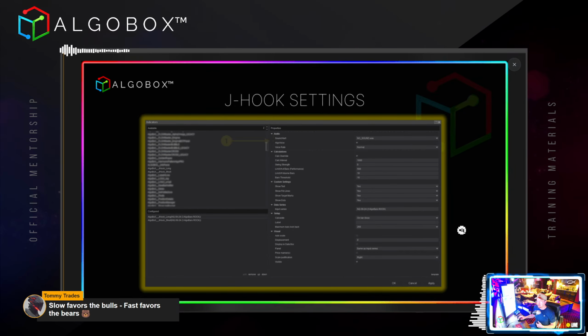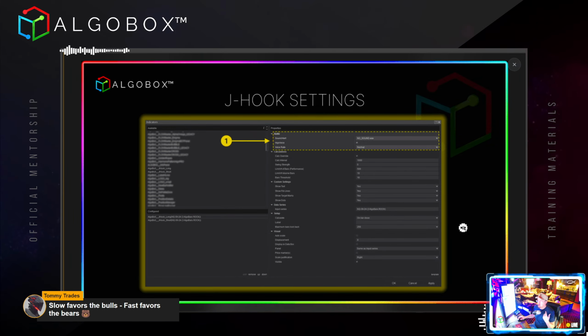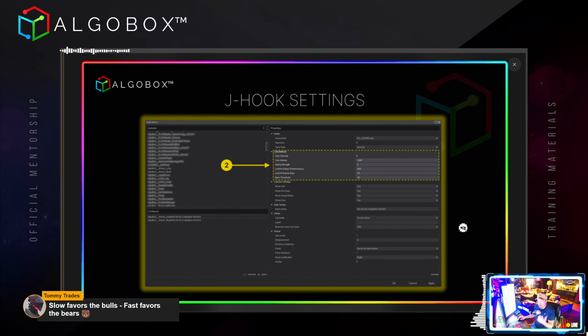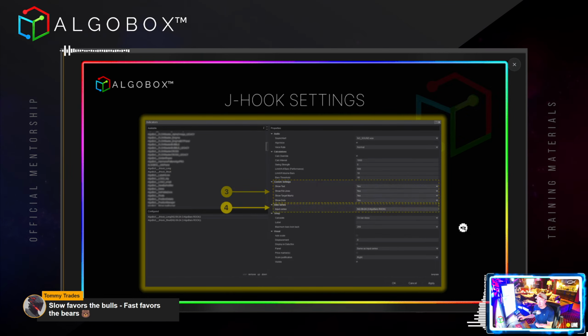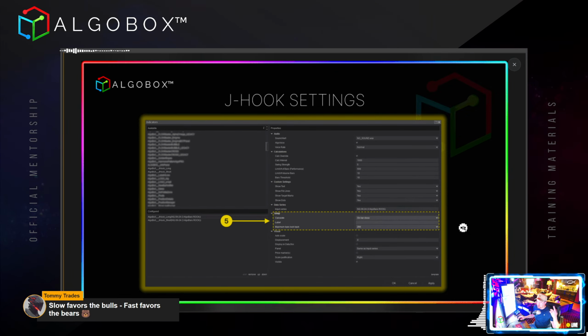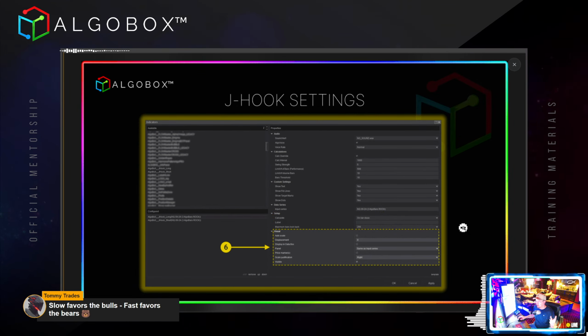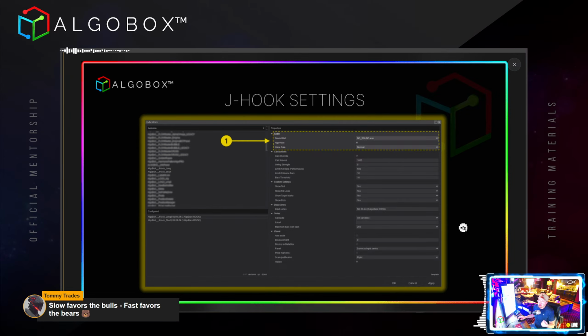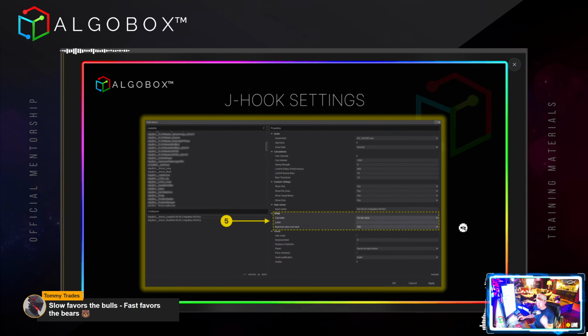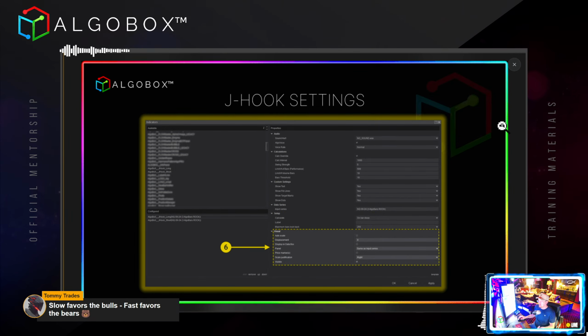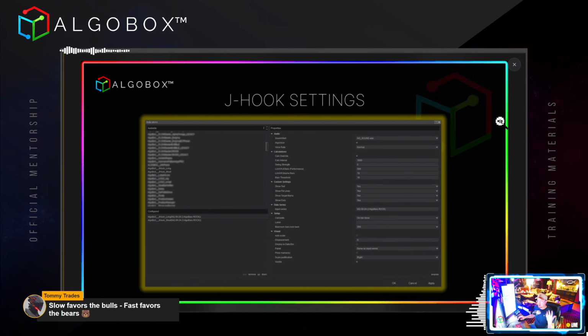J-hook settings internally there. This is a heavy processing pattern. So because of that, if your machine is struggling, this is one of those you might want to take off because, number one, you can see them visually. Number two, it's one of those that you should be advanced before you're using them anyhow. So I'm not going to fault you if you do take them off of your charts, but this is a hog. It's a lot of horsepower to do all these checks that are happening internally